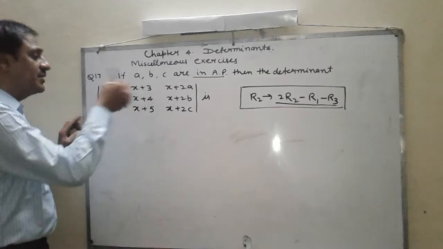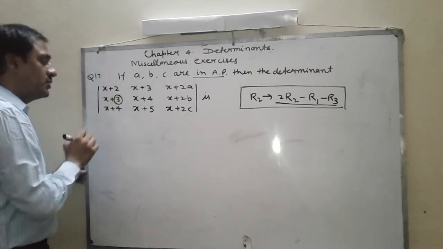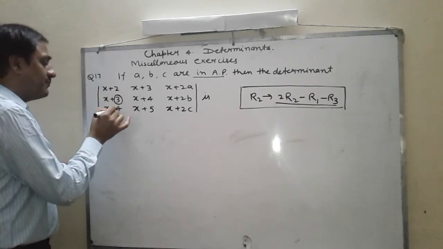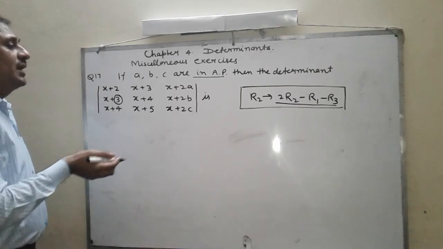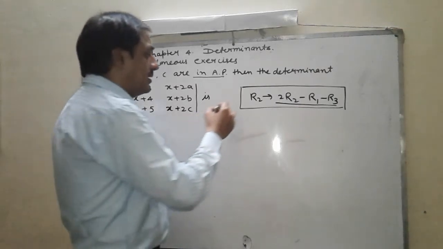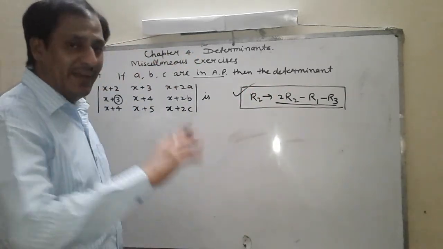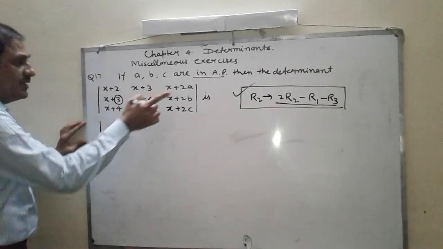If you multiply the second row by 2, you will get 6, 2x plus 6, and the sum of 2 and 4 will also be equal to 6. So I am using R2 tends to 2R2 minus R1 minus R3. After using this property,